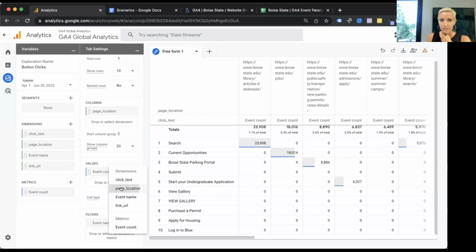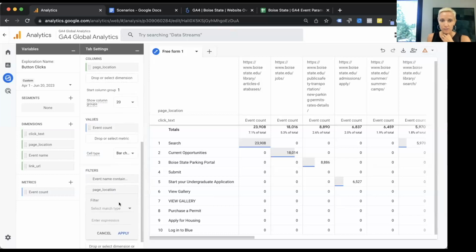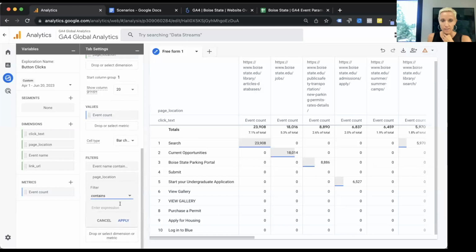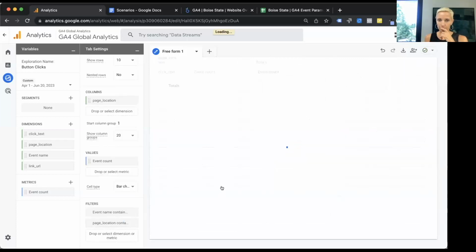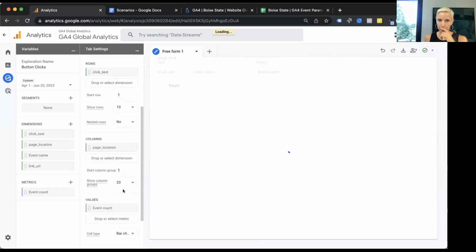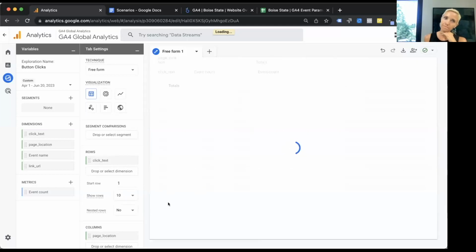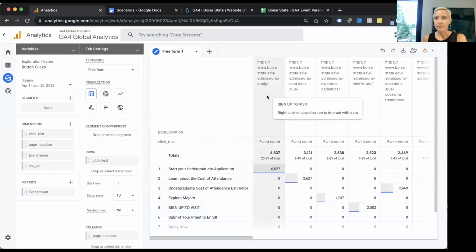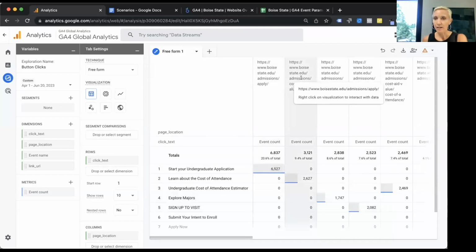I'm going to select page location, contains, and then I might just want to see admissions. And then hit apply. Okay, so now all of the URLs on top are admissions specific pages.